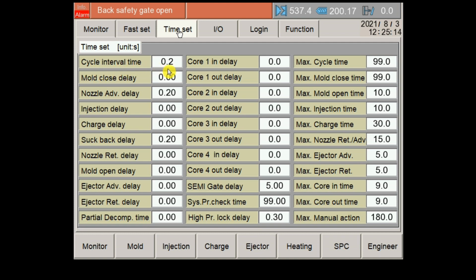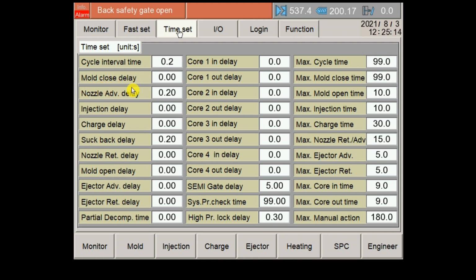For example, I have set it as 0.2. So what does this 0.2 mean and what does it do? It means that when one cycle is completed, our machine will hold for 0.2 seconds and then another cycle will start. That means the interval between two cycles.